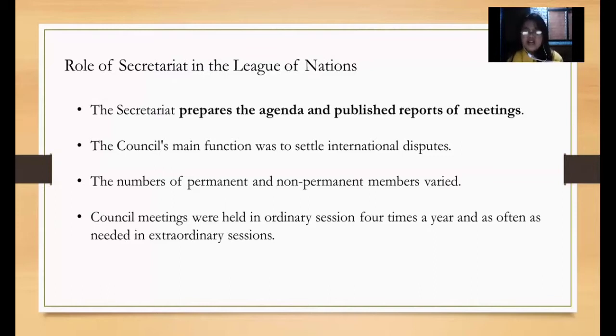So yung secretary po, sila talaga yung nagsusulat ng mga activities ng mga halimbawa po ng mga boss nila. And when we say secretariat naman po, this is an office. So yung mga nagsusulat po dito, yung mga nagdo-document po dito, sila yung tinatawag natin na staffs. Pero ito pong secretariat is office po siya ng isang government secretary.